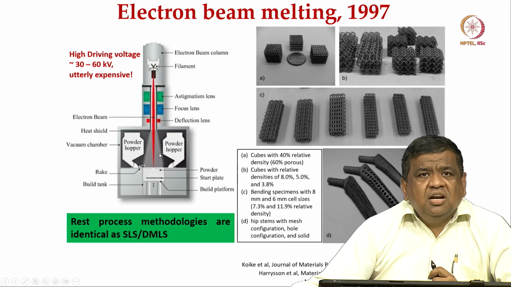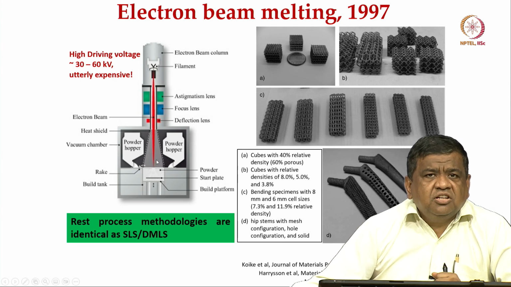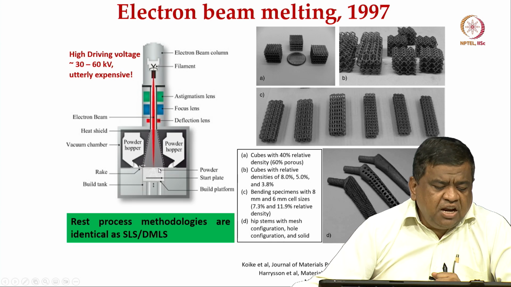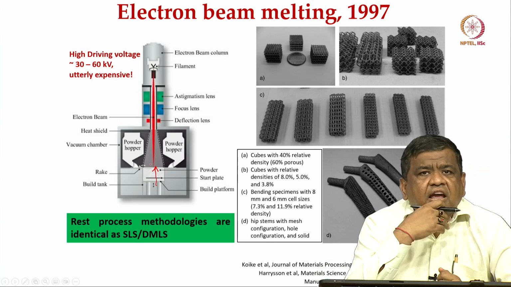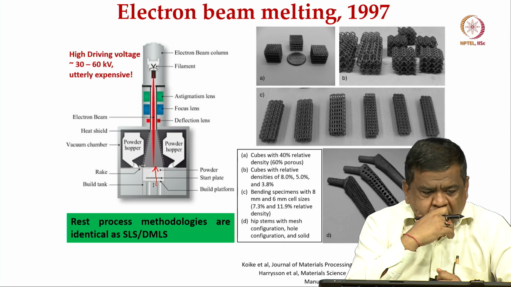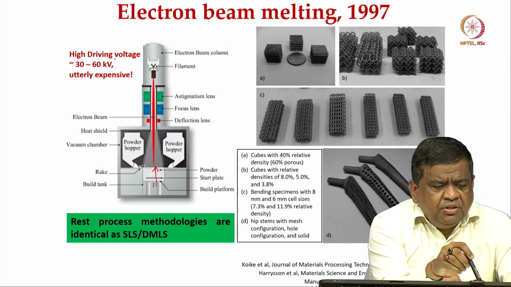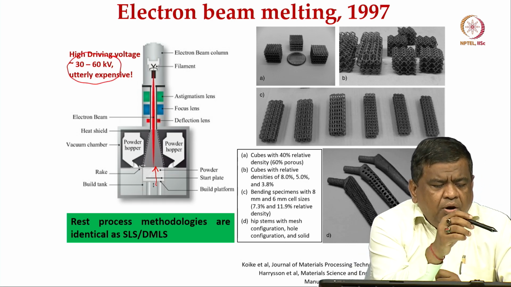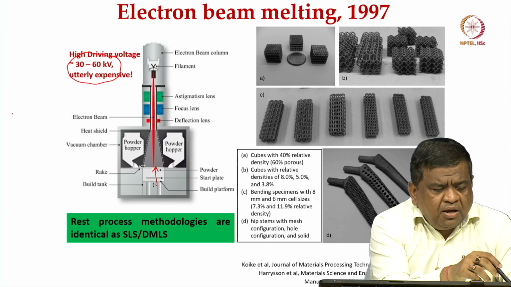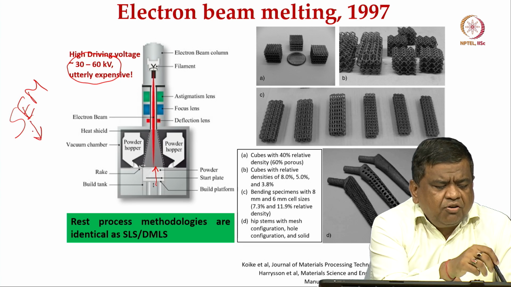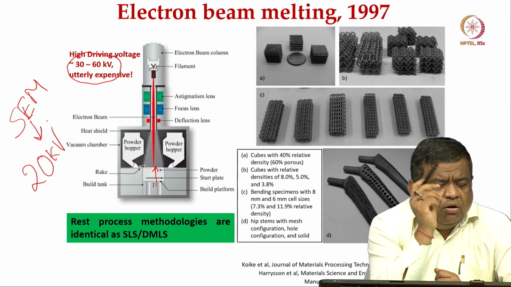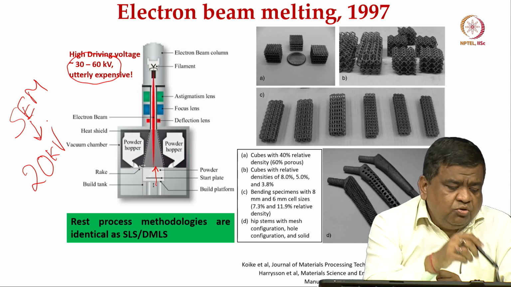Essentially, as the material is being melted and a structure is being built, there is a z direction movement, so this can move in the upward direction. So, first let us start with this 30 to 60 kilovolt electron beam. Now, if you remember some of the materials characterization techniques that I mentioned in one of the previous lectures, like the scanning electron microscope, there 20 kilovolt of the electron beam is used.